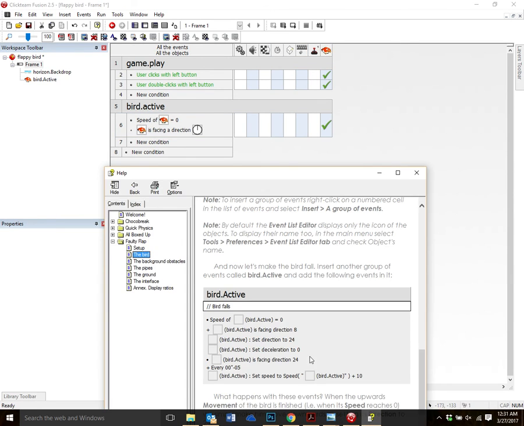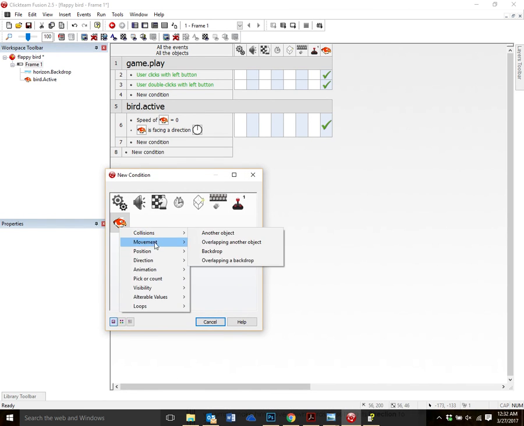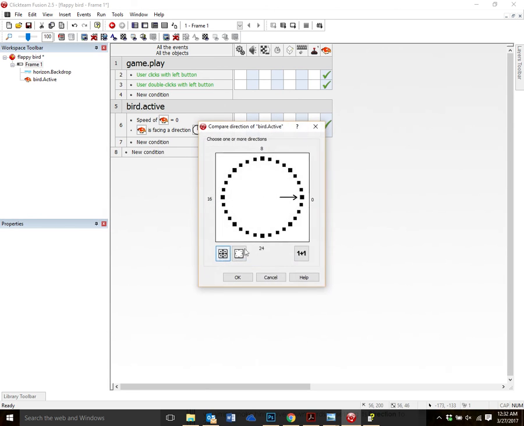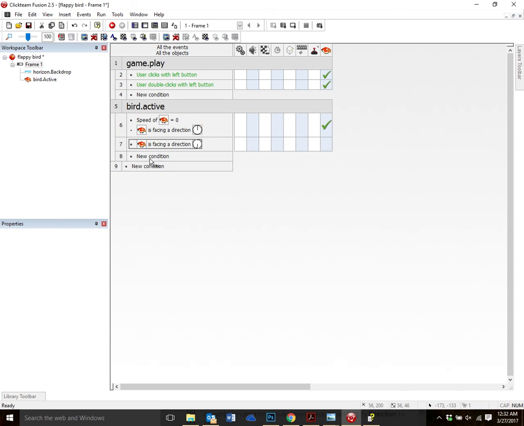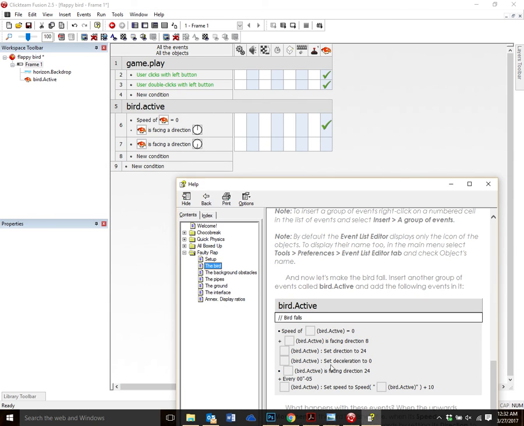Let's see, one other thing. And the last thing we want is if this says if the bird is facing direction 24, that's down. Okay, so I'm going to right click in here and I'm going to say if the bird is in the direction of down, see I did the 24, then what should happen? Well, if it's facing down, it should start moving down. And this is how this is really cool the way it does this. It says if it's facing in a downward direction, then